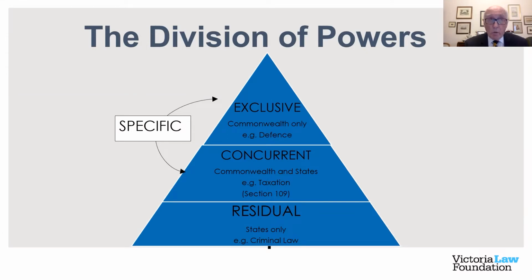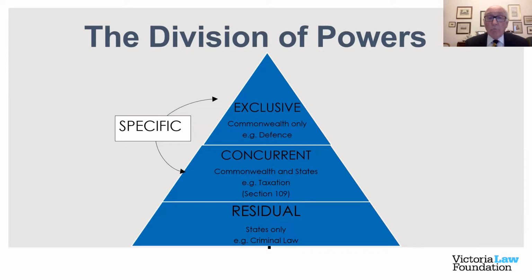So the Commonwealth law will prevail and the state law would fade away. At the bottom of the pyramid there, you have residual powers. Now, these aren't specific because they're not mentioned in the Constitution. These are residual powers, the powers that at Federation remained with the states,